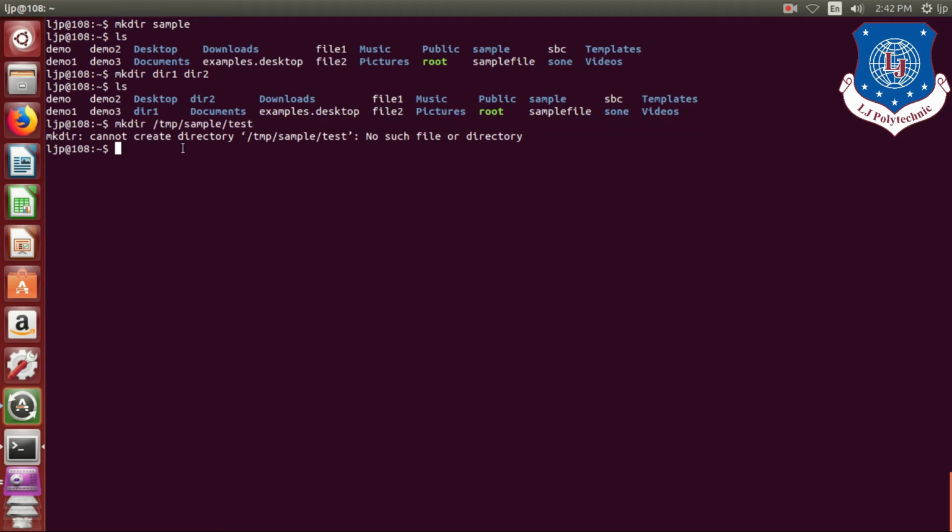So in this scenario or in this case, we will use one option, that is P option. So it creates all the necessary directories for you. Now I will write mkdir hyphen p, then slash tmp slash sample slash test.